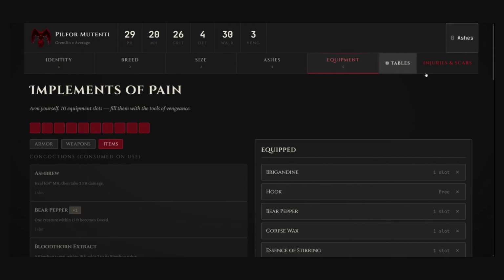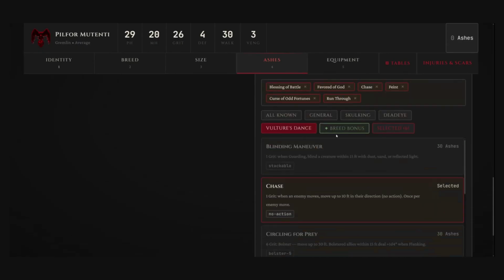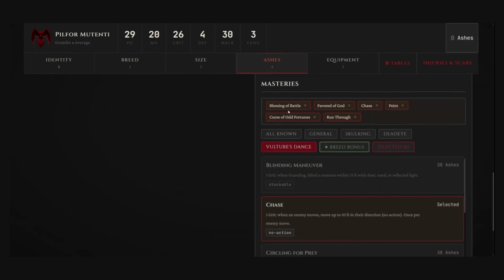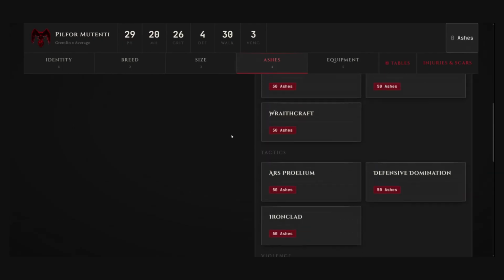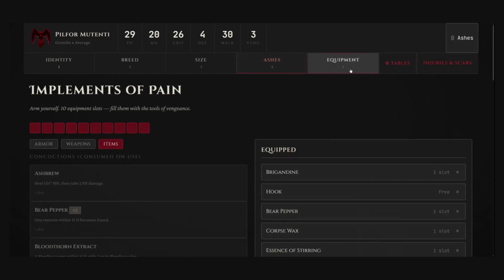So here are some injuries and scars tables if you wanted to start with any kind of forbidden magic or forbidden knowledge. In your case, you get 1 forbidden knowledge discipline, which you chose the Curse of Odd Fortunes. That's forbidden knowledge, but because it's a breed benefit and not an actual mastery that you took by learning it, you're not required to take any kind of mental injuries or mental health scars. So your character doesn't need to start with any scars, but if you needed to, you can roll on these